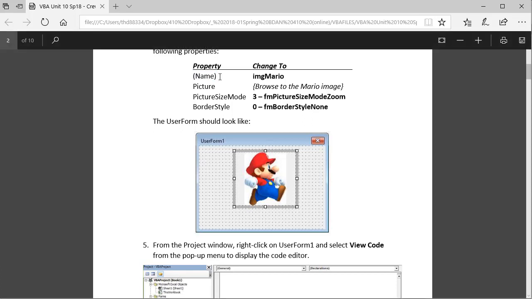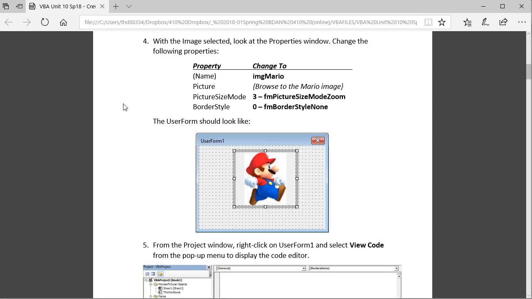The name property, again, when it's in parentheses, the name property is how we refer to this object in VBA code. It's not what the user sees, it's how we code it. And it's a good rule of thumb, it's not required, but a common practice to begin object names with a 3-letter abbreviation. IMG for an image, BTN for a button, right? Something like that. So if you're going to change it from the generic image 1, image 2, image 3, button 1, button 2, button 3,